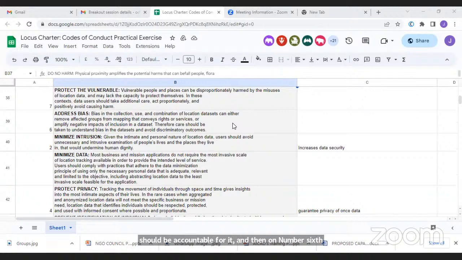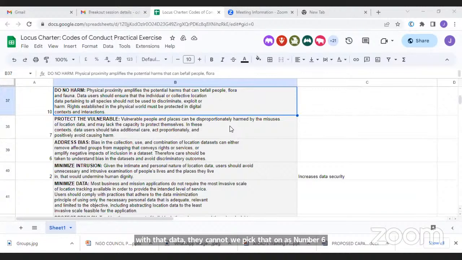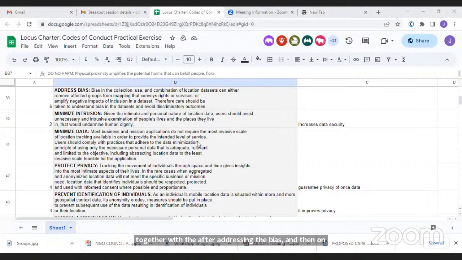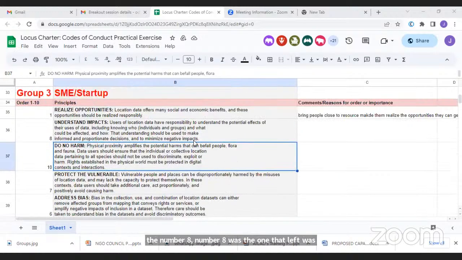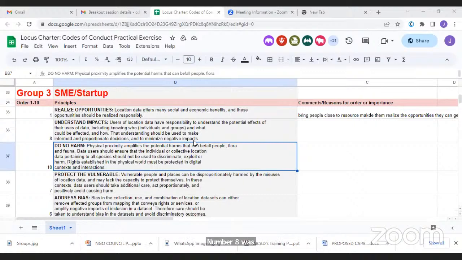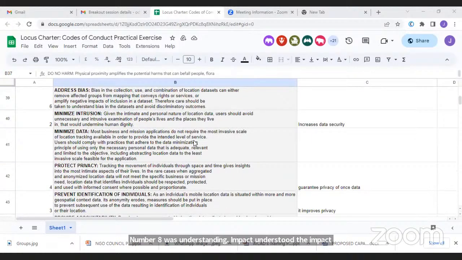If we realize that there's anybody who is not accountable with our data, we picked that one as number 6 based on that. And then we protected the vulnerable as well to go together with addressing the bias. Number 8 was understanding impact. We understood the impact. And then number 9 was minimizing data, because when you're an SME, you